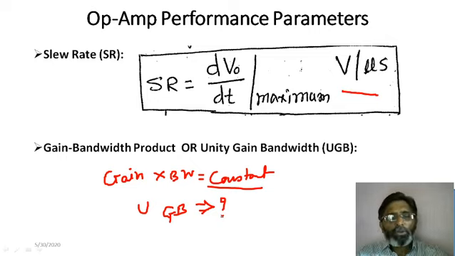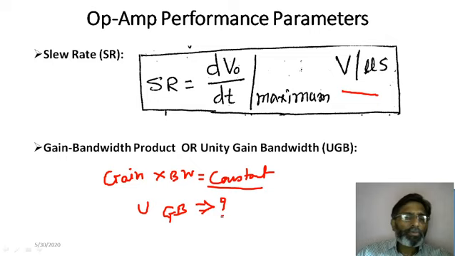Okay. So, next important point is you may have, because you know the gain but you do not know the bandwidth. Now, bandwidth means what? As its name itself indicates, it is the width of the band. Now, which band? It is basically frequency band. So, this is again the AC parameter, and here bandwidth means the range of the frequency which your op-amp can amplify. So, that is known as bandwidth.